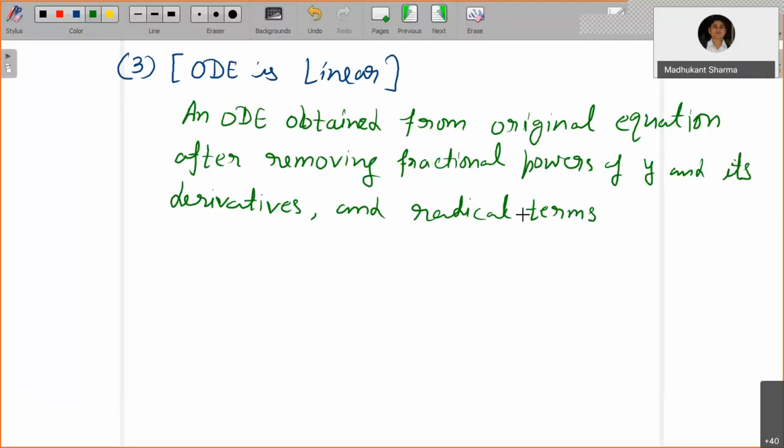So an ODE obtained from the original equation after removing fractional powers of y and its derivatives and radical terms is called